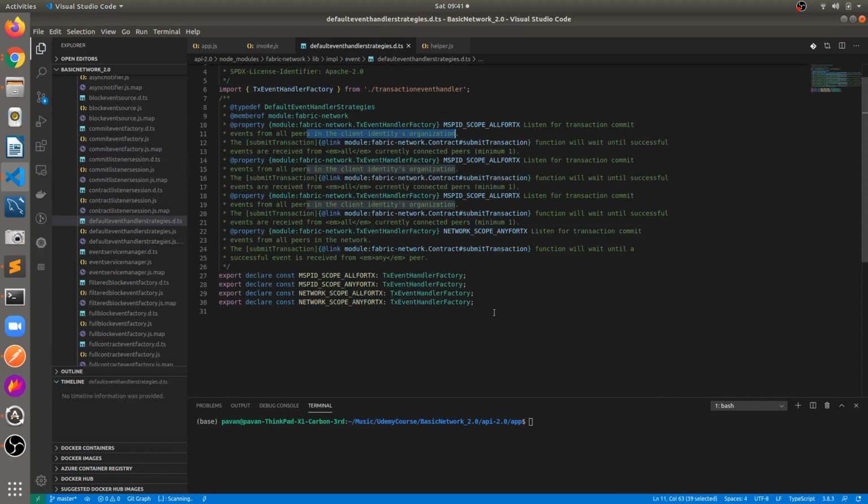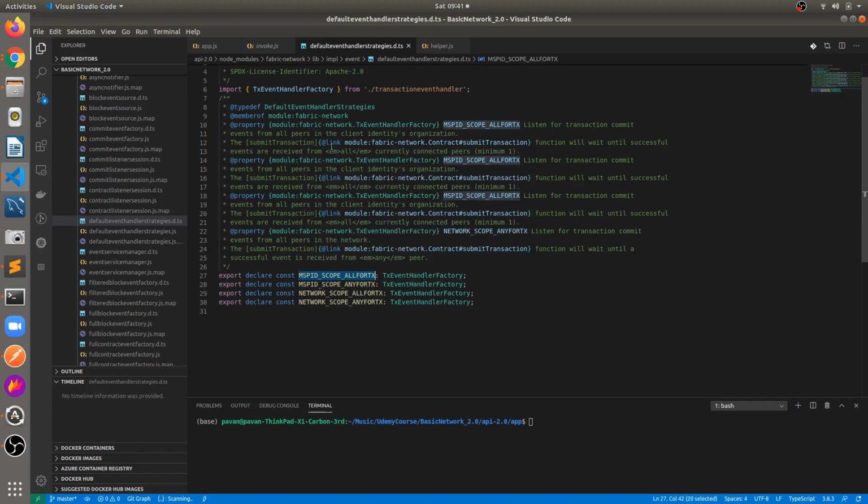There are 4 types of strategy you can see here: MSP scope all for transactions, MSP scope any for transactions, network scope all for transactions, and network scope any for transactions. So the first one is MSP scope for all transactions. What exactly does it mean?